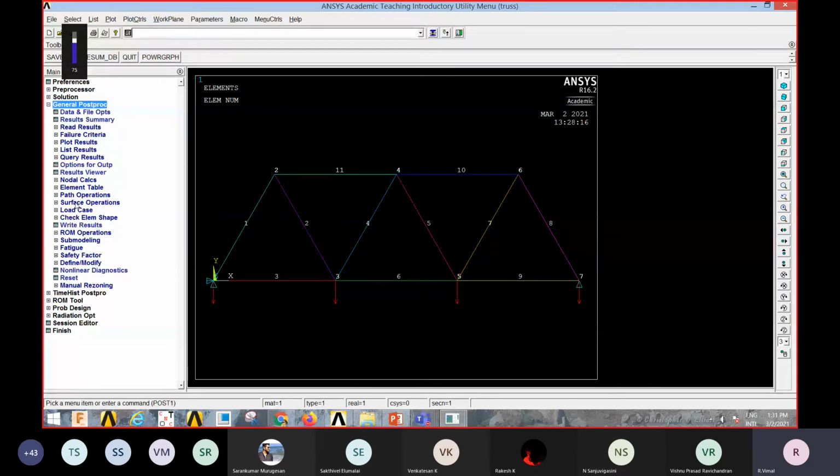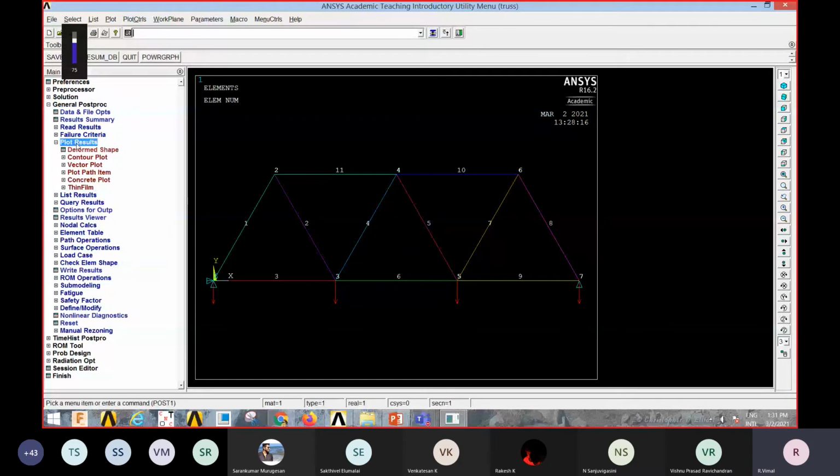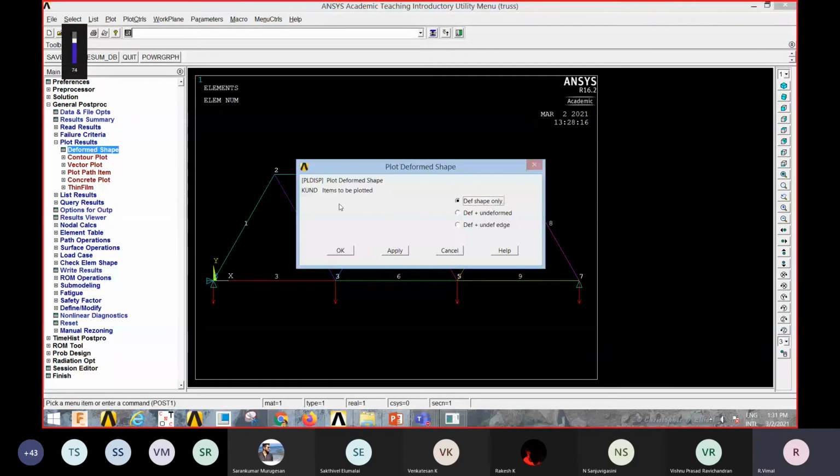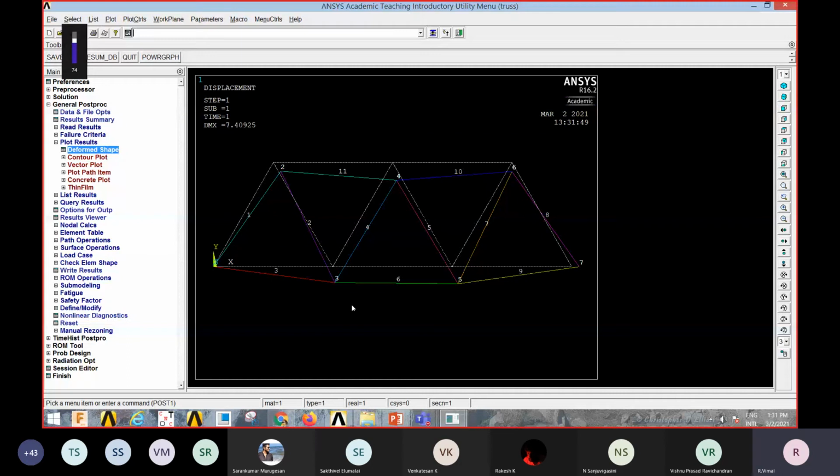In the general post processing, the results that we are expecting today are the nodal deflections. First we'll go to plot results. We click on deformed shape, look for deformed plus undeformed, and click on OK. See, you get the DMX button, which is the maximum deflection. When these forces act on this truss, you can watch the element numbers 1, 2, 3 with reference to the initial element numbers and see how they have moved. This indicates a deflection from the reference on application of these loads. The DMAX we obtain for the entire truss is 7.4.